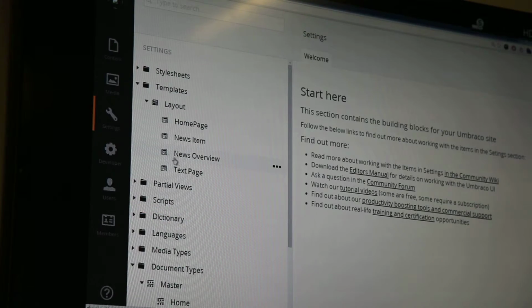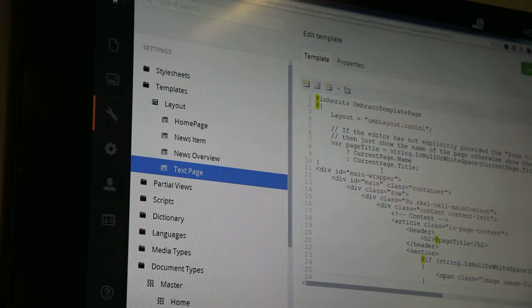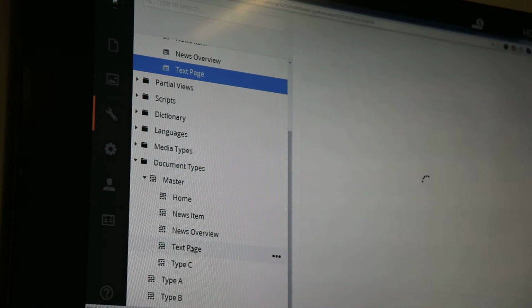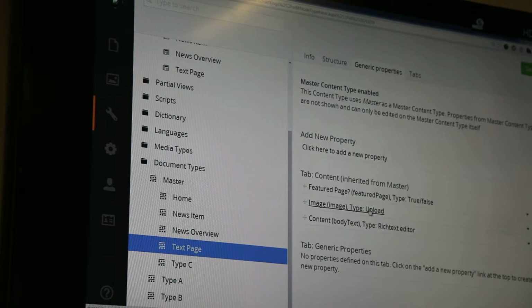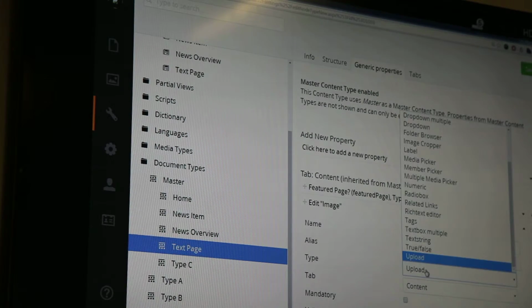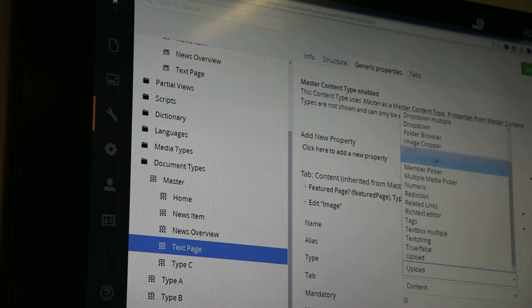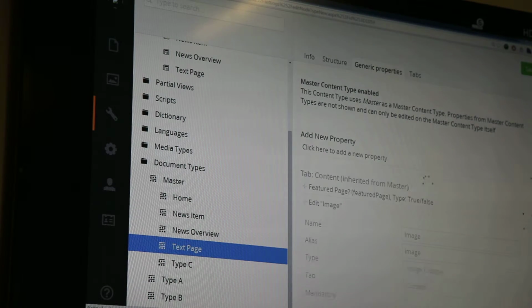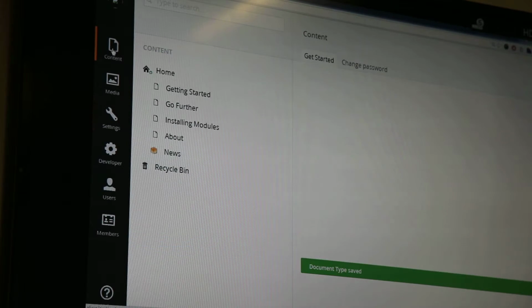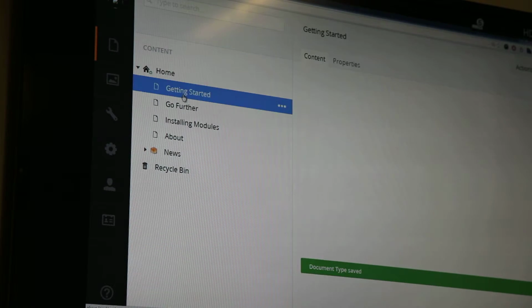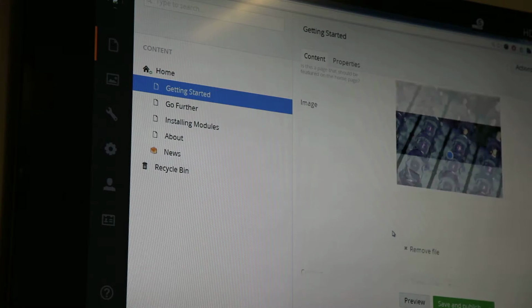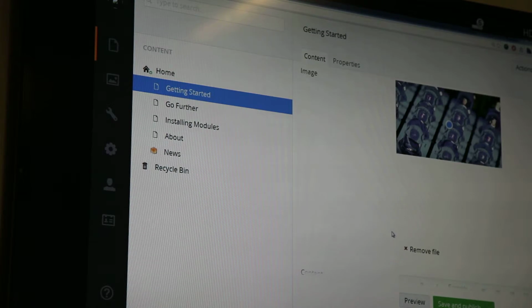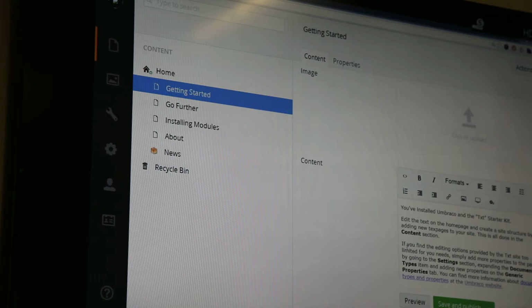So anyway, what I'm going to do is change the text page so that the images are going to come from the media section. So rather than having an upload type, I'm going to use an image crop. Save that, go back to my content tree. Now one of the nice things about that is that it remembers what you'd chosen before. So even though this is now a media picker, it remembers the one that was chosen before. So if I remove that,